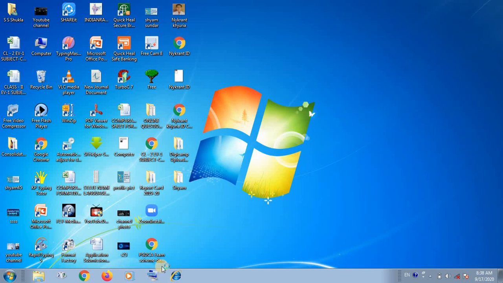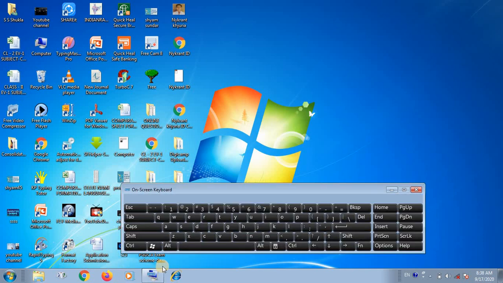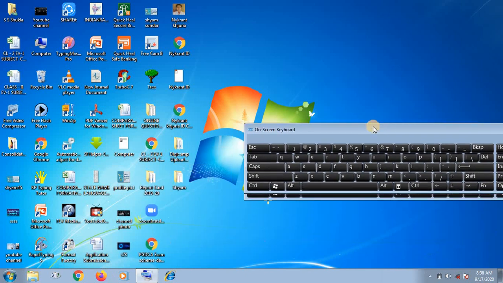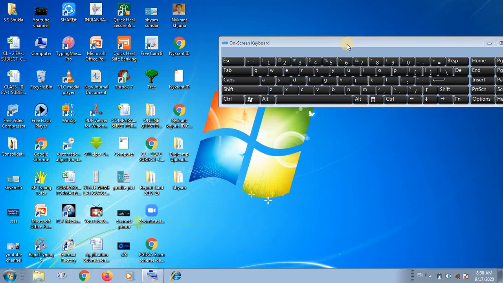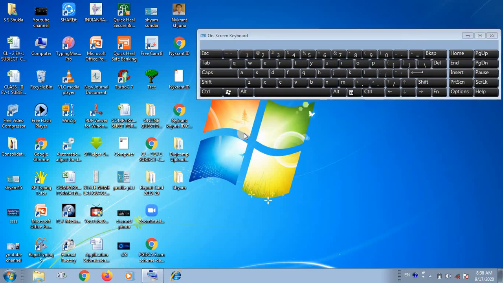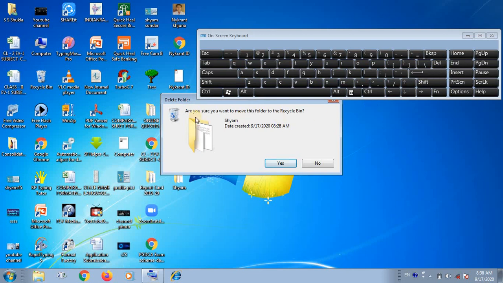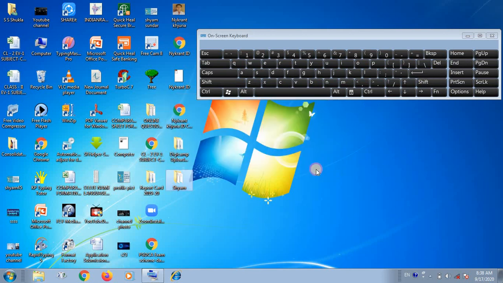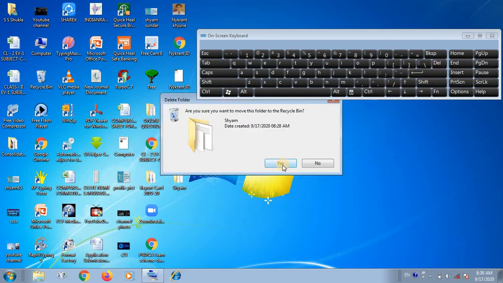There are two methods of deleting any file or folder: by using the keyboard and by using the mouse. As you are looking here, if you want to delete this file, you have to select the folder by clicking here and go to the backspace key, or the delete key. Two keys are here, but you have to select the folder first, then go to the delete key.